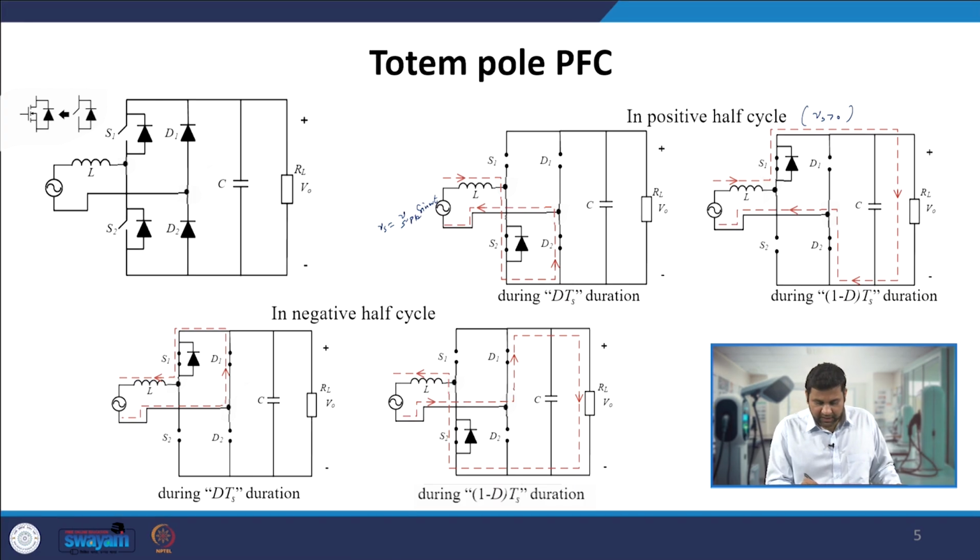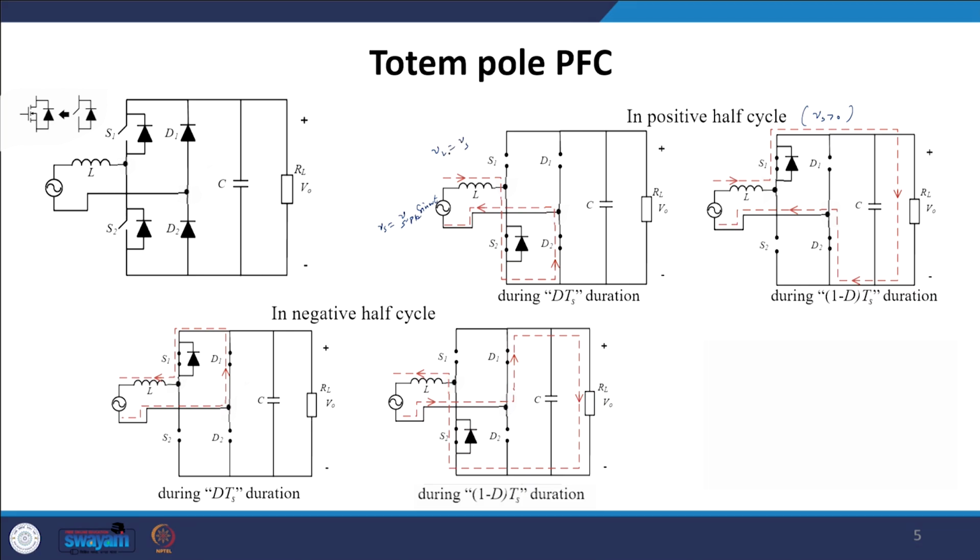So, the current will start going like this, and D2 will get forward bias, and if this gets forward bias, then automatically this entire V0 will be appearing across D1, and that is when D1 is reverse biased, and as a result you will see that across the inductor, the voltage applied VL is nothing but Vs.